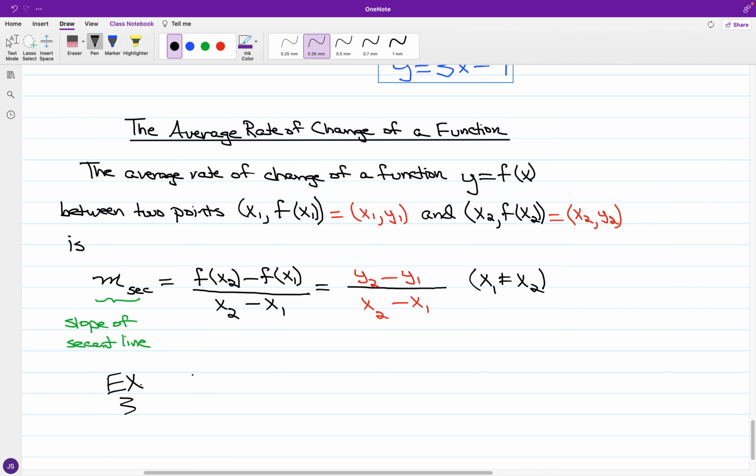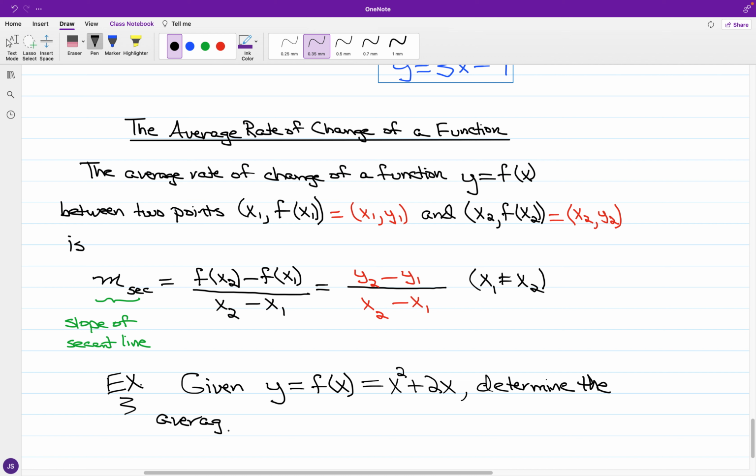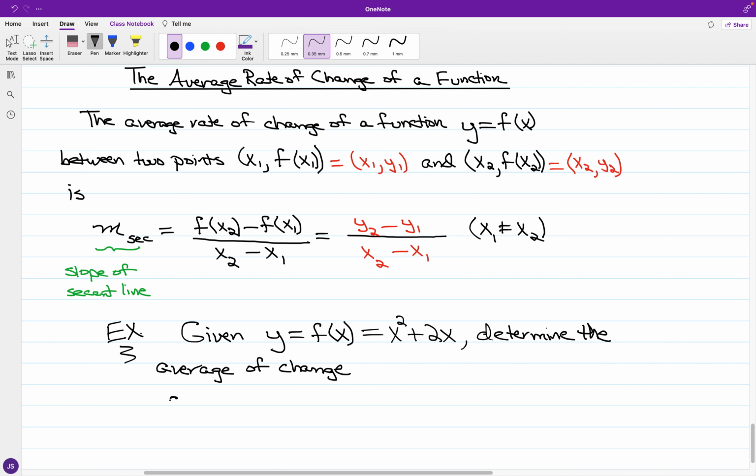And let's say that we are given y is equal to f of x is equal to x squared plus 2x, and we were to determine the average rate of change. Say we have, for part A,